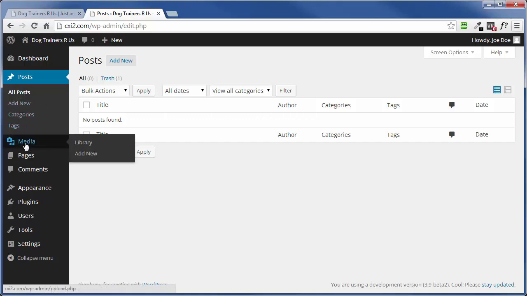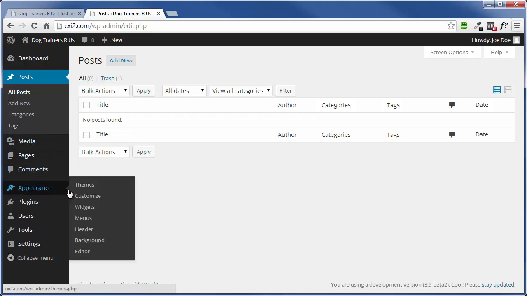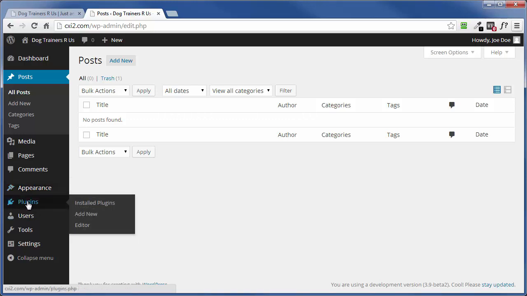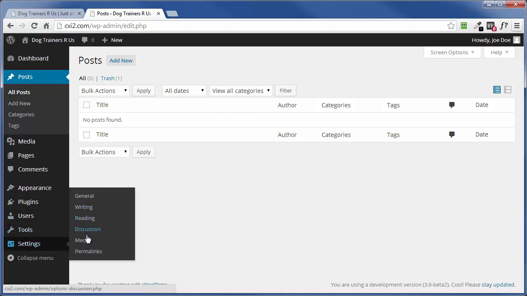And then moving on down, we've got media. That's where you can add things like images or video or audio files, pages, comments, and appearance. That's pretty important because that's where you can add and customize the various looks or themes of your WordPress site. Along with that, you have access to various widgets, menus, header, background, and editor. Plugins adds a ton of additional functionality to your WordPress site. Users, that's where you can go in and add additional users or access current users or even access and edit your own profile. Tools, and under settings, a lot of cool stuff in here, but that's the makings of a